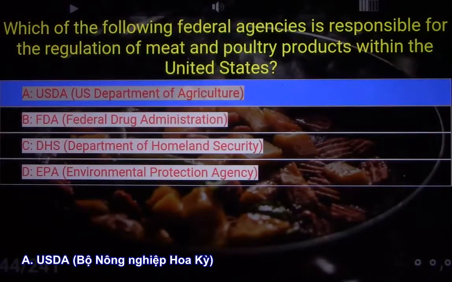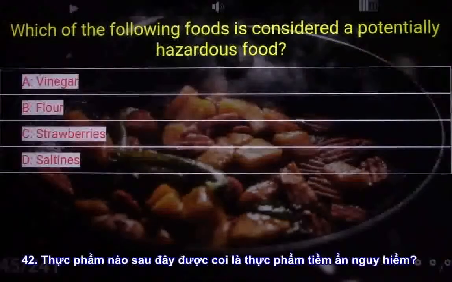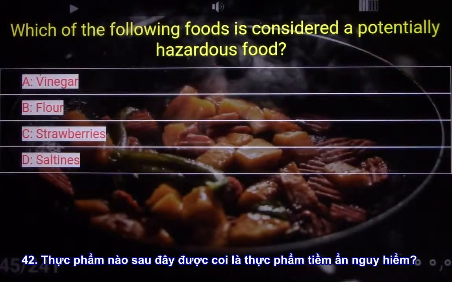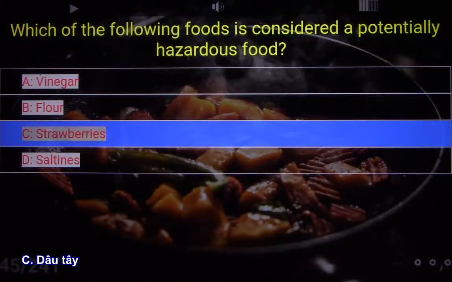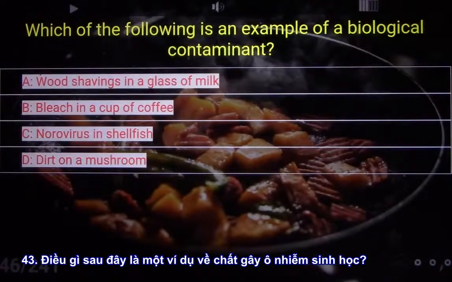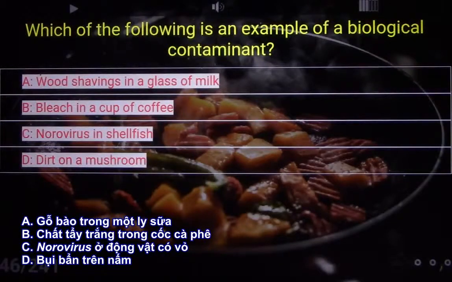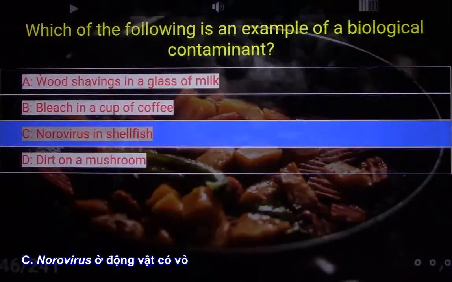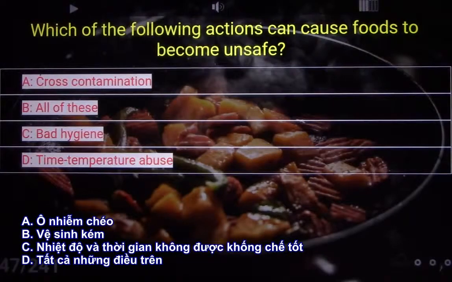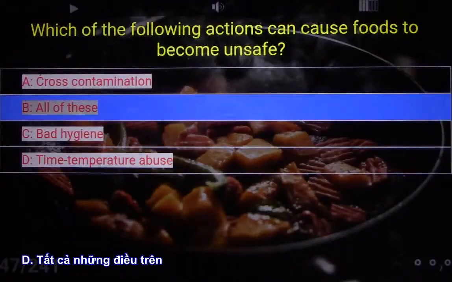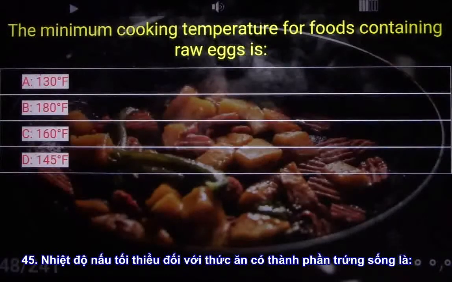A. USDA, U.S. Department of Agriculture. Which of the following foods is considered a potentially hazardous food? C. Strawberries. Which of the following is an example of a biological contaminant? C. Norovirus in shellfish. Which of the following actions can cause foods to become unsafe? B. All of these. The minimum cooking temperature for foods containing raw eggs is